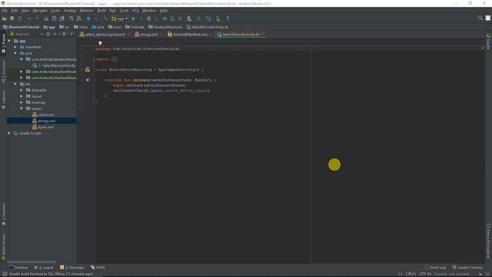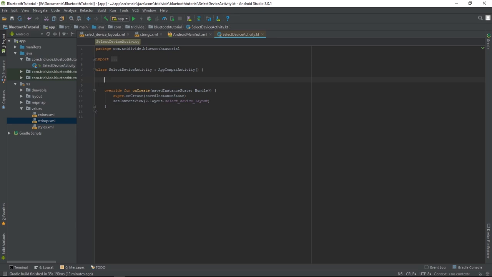So first thing we're going to do is set up the state of the page. The state is basically the different variables and functions that this page needs to function properly. So I'm going to start with the variables. We're going to set up our member variables first. We're going to have four variables. So we're going to have a